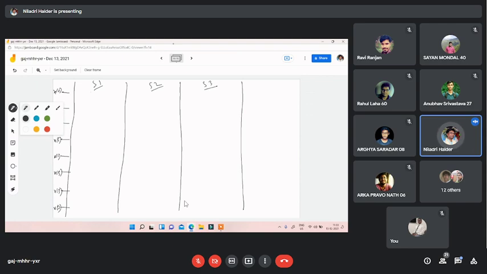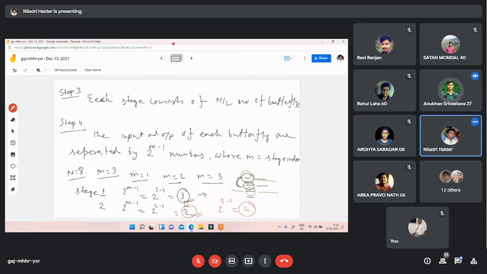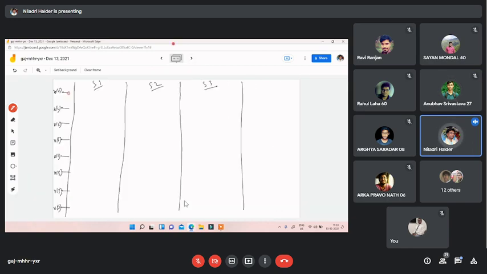So for stage 1, what is the bit separation? 1. So the first bit will be connected to the second bit. Okay. Now these 2 bits have been used. The unused next bit is this one. So that bit will be connected to that bit as bit separation 1 for stage 1. So for stage 1, overall you will get the bits like that.